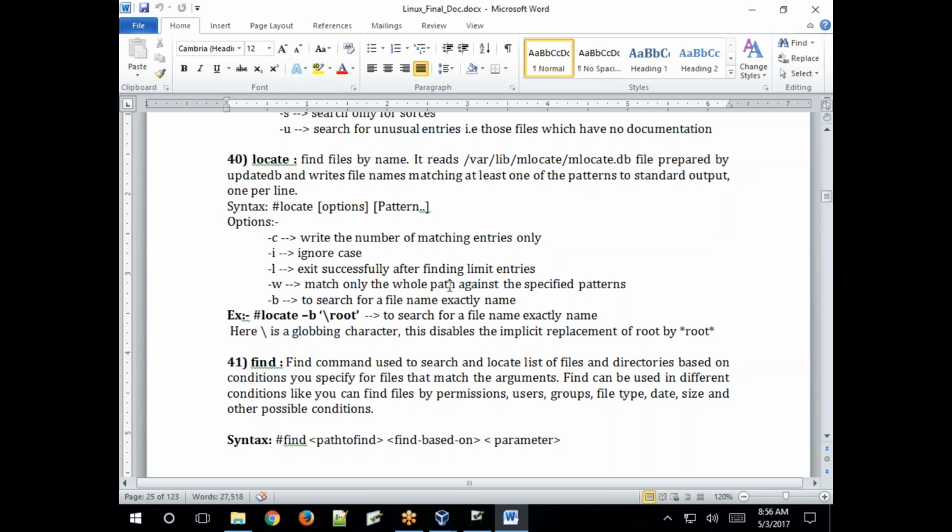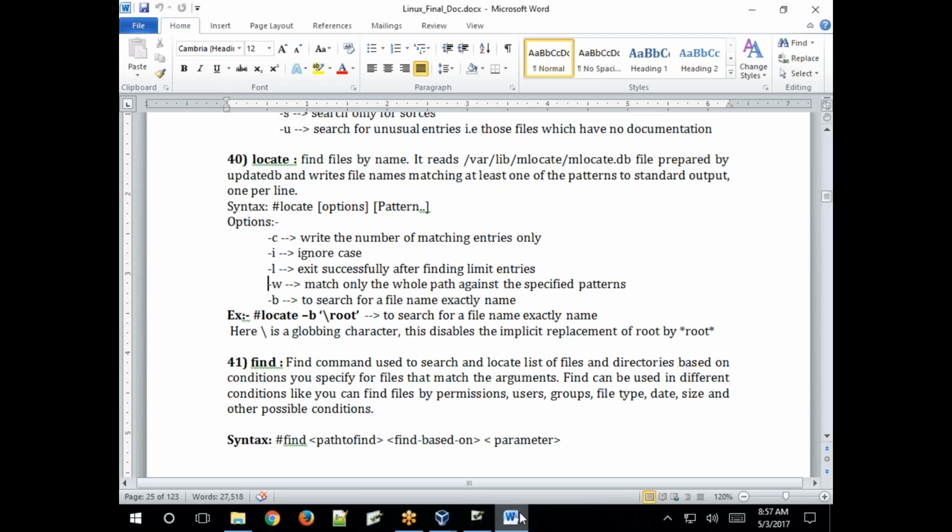Next, -w. Match only the whole path against the specified pattern. Clear?